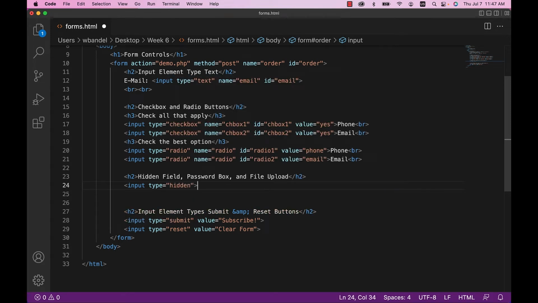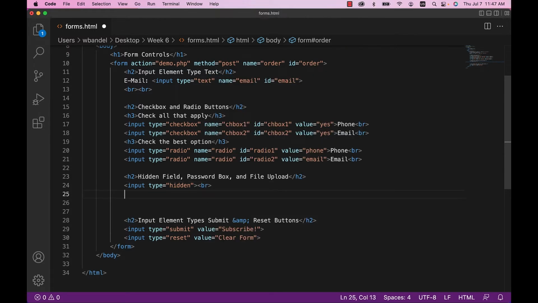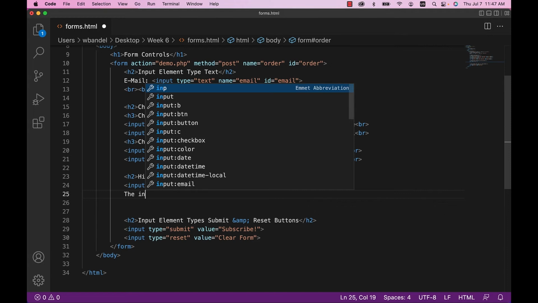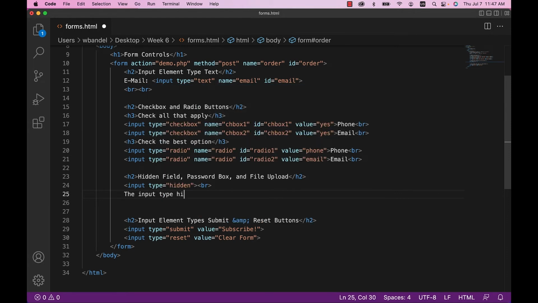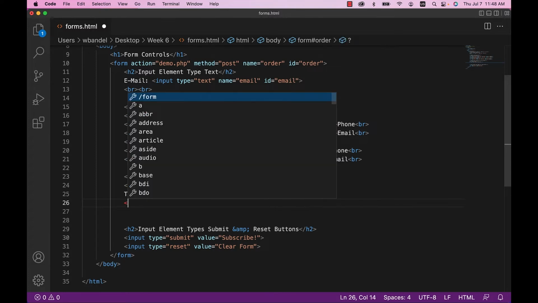And I'm going to keep it really simple like this. I'll put a break after this and I'm going to just put text. The input type hidden is above here, so that way we'll know where it is. Basically, it would go in the regular flow of everything, but you're just not going to see it at all. So we'll be able to see the text that's next to it so we can kind of see the absence of where it's at. And then our password,